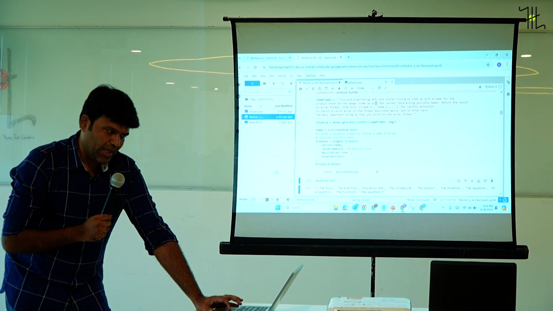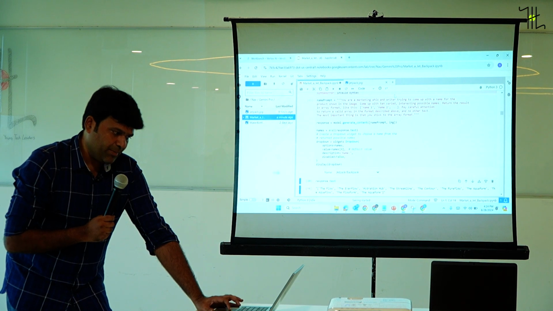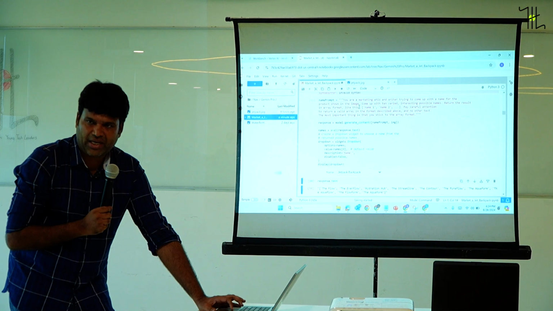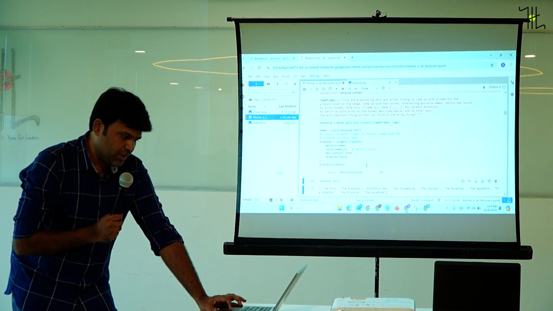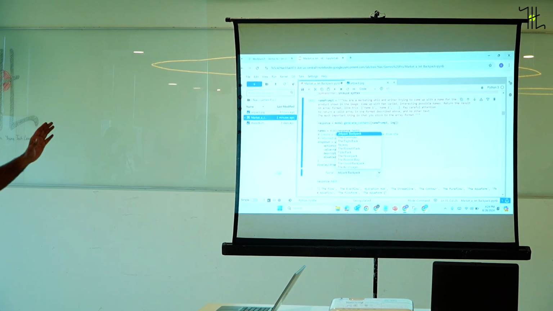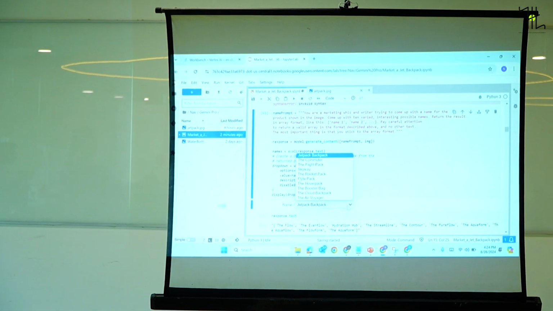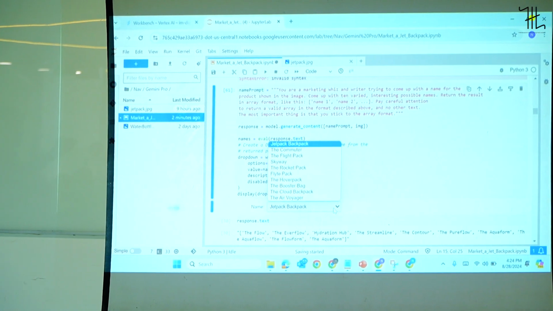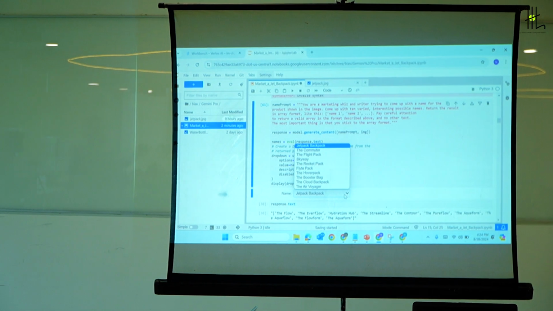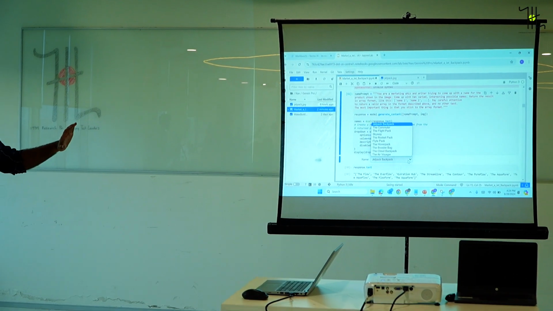This is a role based prompt I'm giving, marketing whiz, and I'm asking for different names based on the image I just loaded. It helped me generate these names. Based on that image, it is giving me suggestions like the commuter, the flight pack or the skyway. So I'm able to get the description, and now I'm able to get the product names.